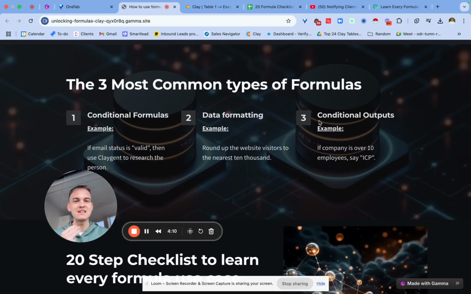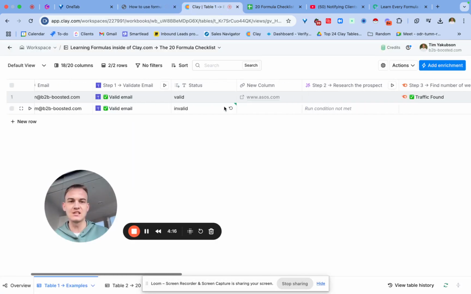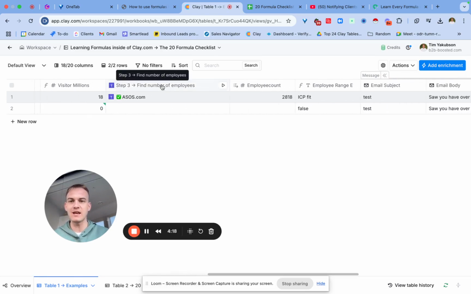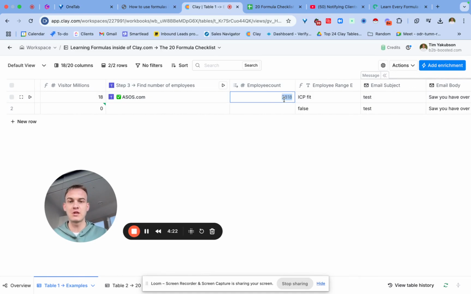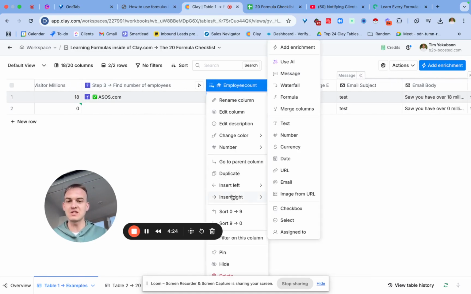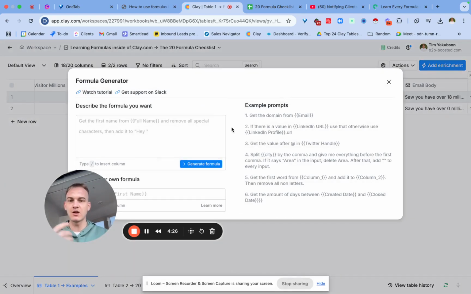The third use case is something similar to conditional formulas. It's basically called conditional outputs. So the way we'll use this is, let's say we enrich a company over here and we enriched ASOS, and we can see that their employee count is 2,800. So in this case, we can click on Insert Right, we can click Formula and say something like, if employee count is over 2,000, say